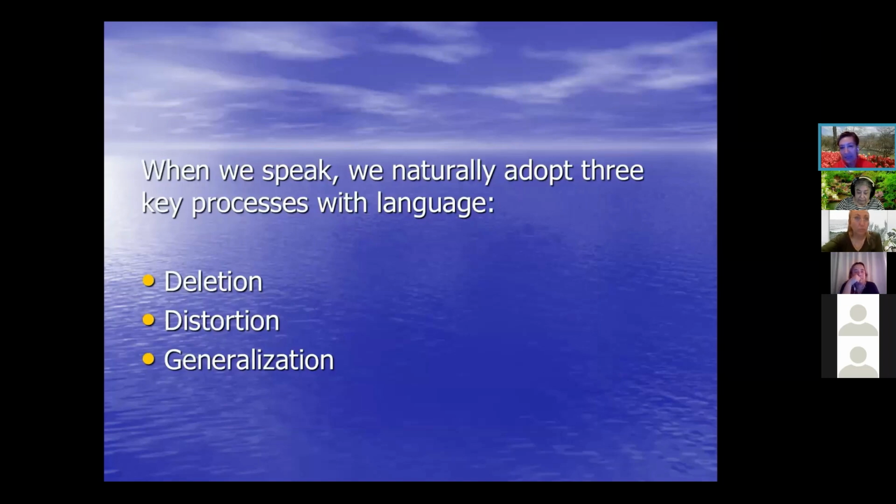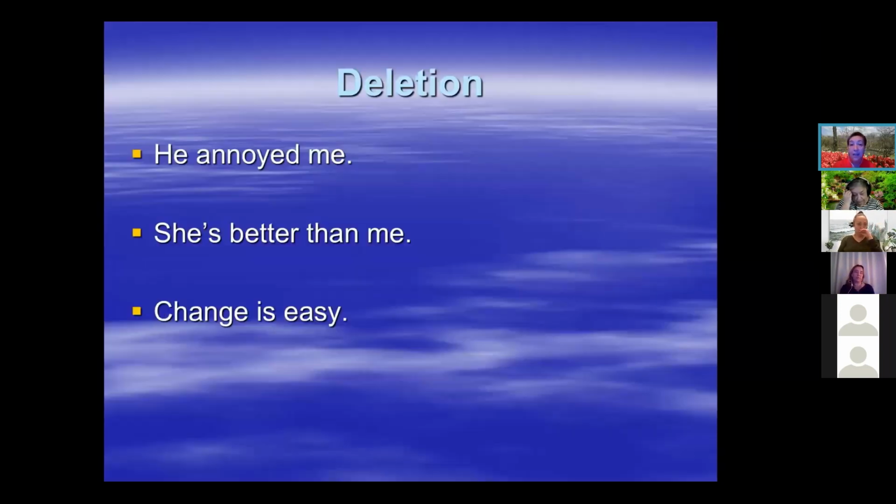When we speak, we naturally adopt three key processes with language. And these are leading us to communication breakdowns. In terms of communication, when we delete, distort, or generalize, we may have communication breakdowns. Like, for example,